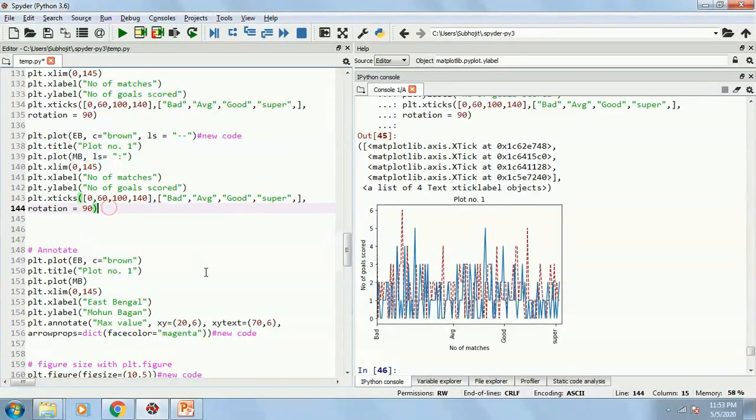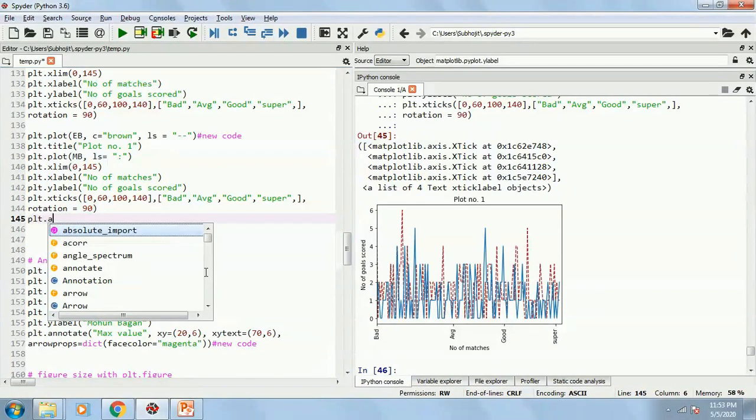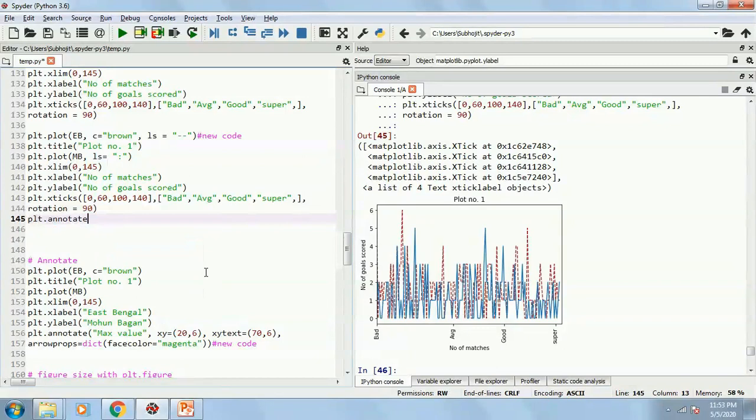You can add plt.annotate. Then you write what is the thing you are going to highlight. The maximum value, that means the text should be written as maximum value. So I can write maximum value, then put a comma, and then the point I want to highlight.